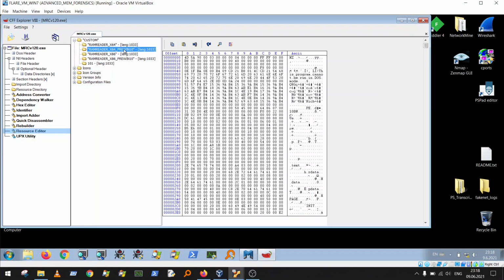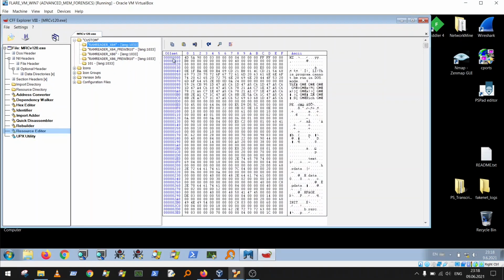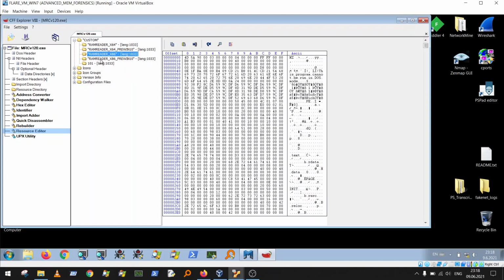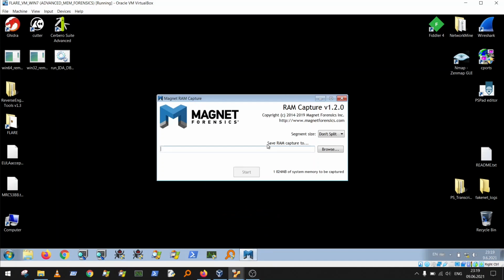There is a driver for Windows 10 and for operating systems before Windows 10, and the same for 32-bit. So this is the reason why this standalone tool is able to dump memory from all kinds of Windows operating systems. So let's jump back, and